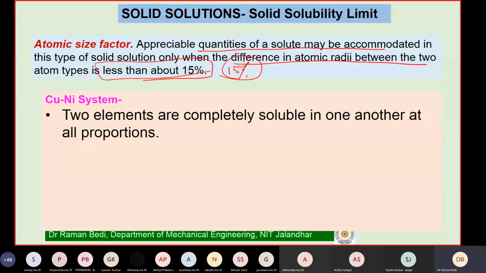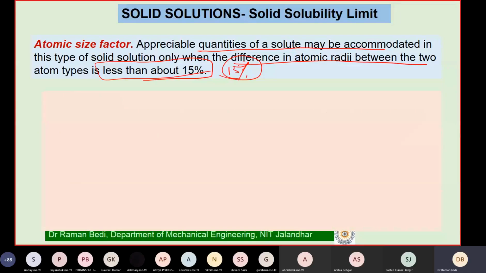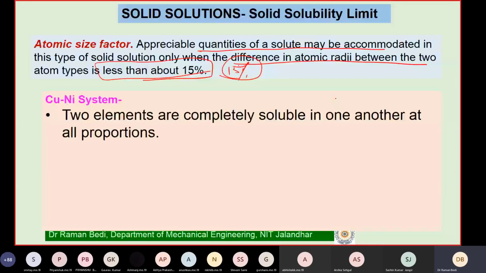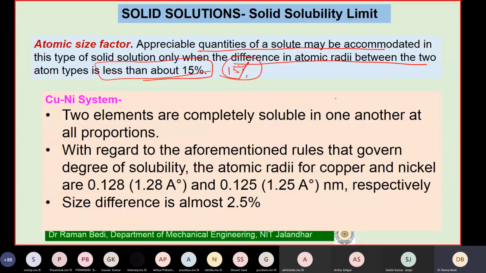This is what I already showed you in the data, that their atomic radii are almost similar. So the difference happens to be less than 15% here. And that is why we find that these two elements are completely soluble in each other. The size difference is just 2.5% or 3% to be specific. And that is why they form a completely soluble